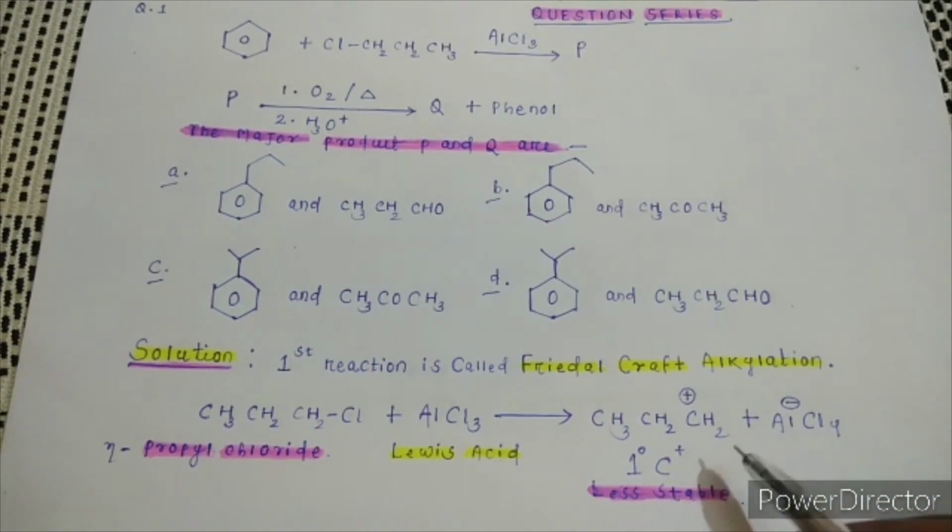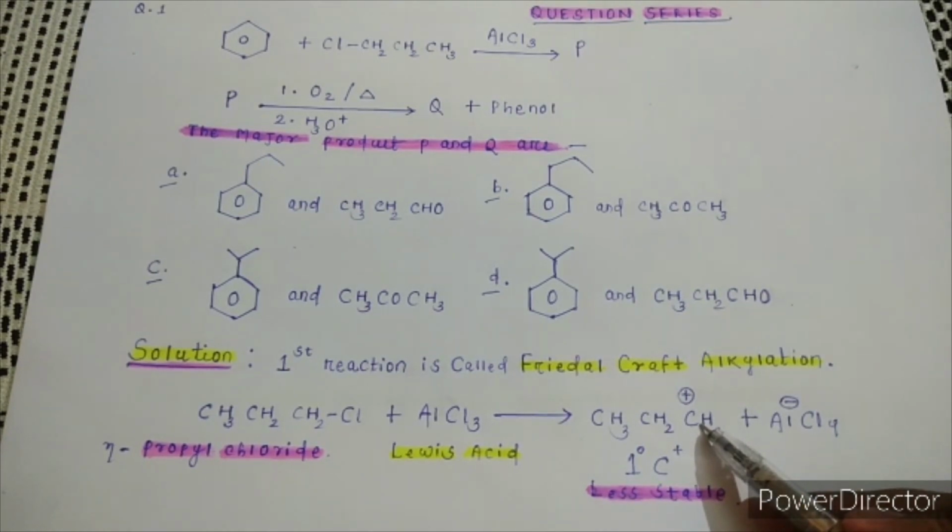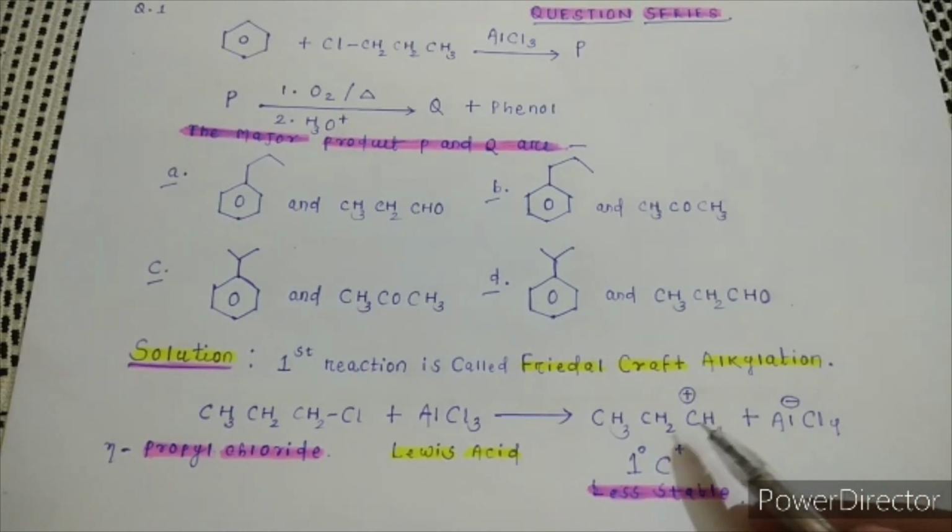If there is a chance of the formation of a more stable carbocation, then you have to do such a shift, like a hydride shift, methyl shift, or phenyl shift. That is called 1,2-hydride shift, 1,2-phenyl shift, 1,2-methyl shift. And if you are getting the more stable carbocation, then only the rearrangement is possible. Otherwise, no need of rearrangement. So you see here, this is CH2, this is position number 1, this is position number 2, CH2 group. If you do a hydride shift, then there is a possibility for the formation of a more stable 2 degree carbocation. So here we will do the same thing. Look here.